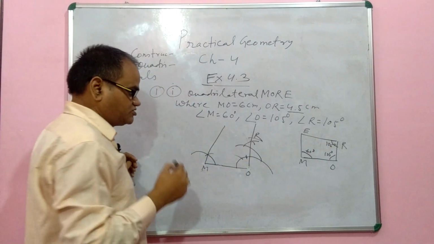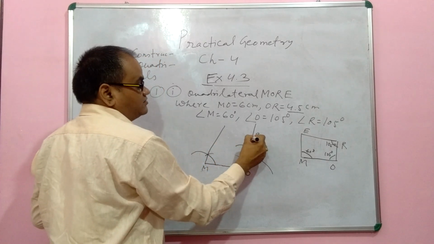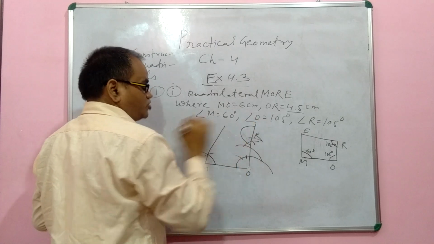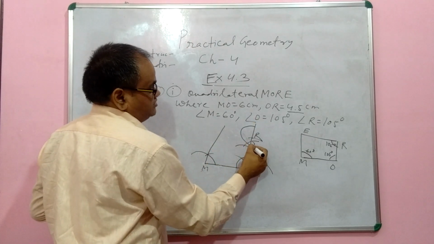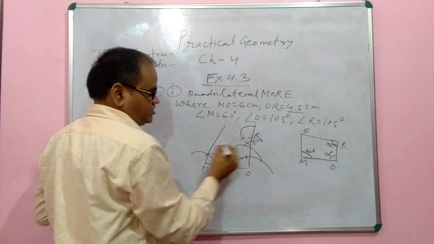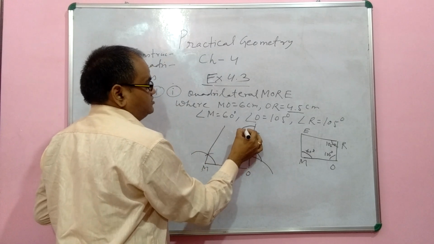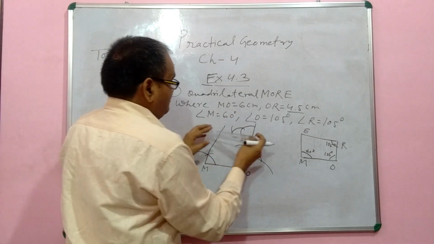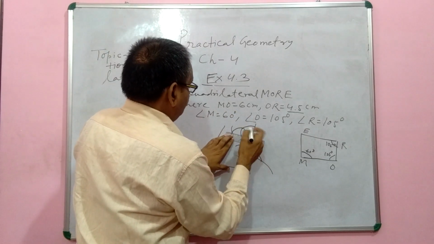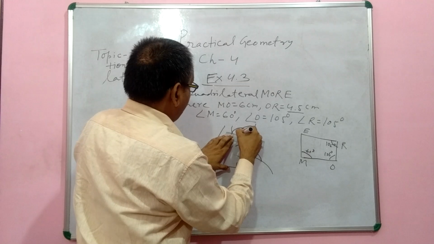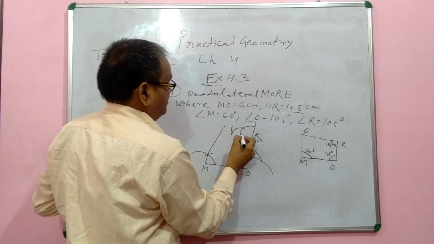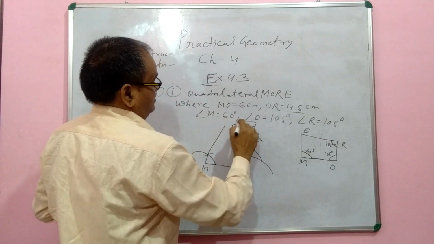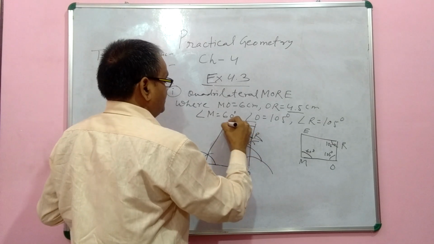Again look here, how you construct? You keep your compass at R. Draw an arc. Now keep your compass here. Cut the same arc. This is 60 degree. Now keep your compass here, this is 120 degree. Now keep your compass here, this is 90 degree. Now keep your scale like this. This is the arc of 90 degree. Now keep your compass on this point and cut this. This is your 105 degree.